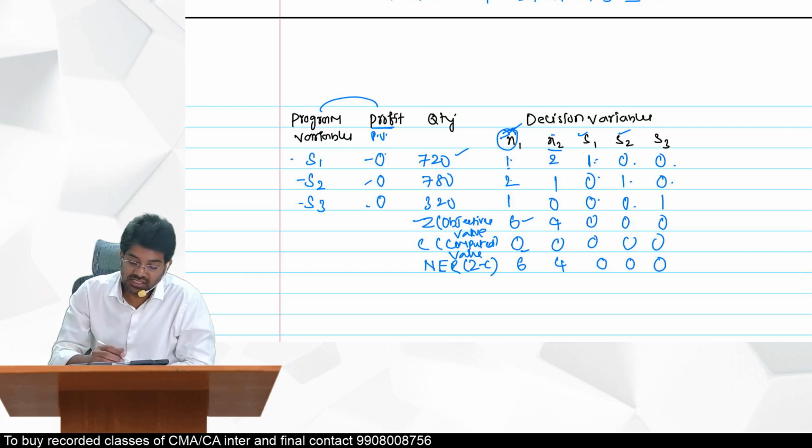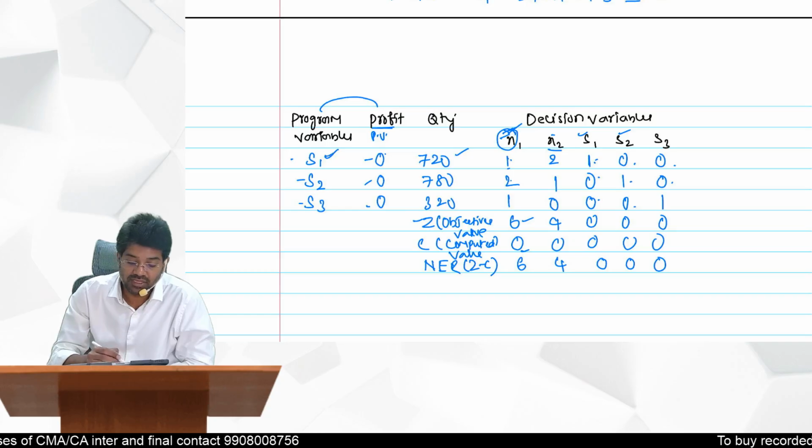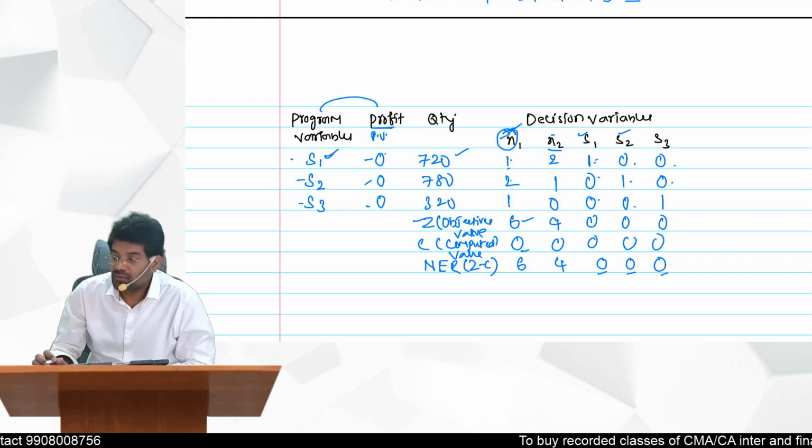Program variables S1, not x1, not x1, x2. Here, what are the program variables? S1, S2, S3. So S1, S2, S3, NER, what did we get? We got exactly 0, or not? Yes. Okay. Now